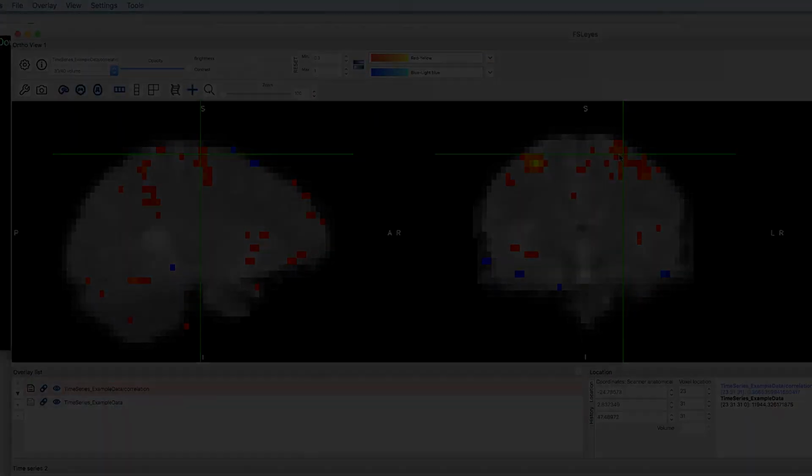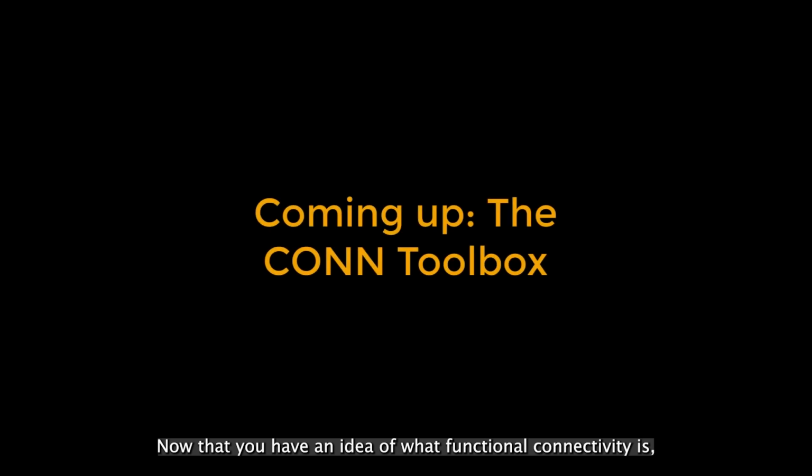correlation method. Now that you have an idea of what functional connectivity is, you're ready to begin using the Conn toolbox. In the next tutorial, we'll find out how to download it, how to install it, and how to start